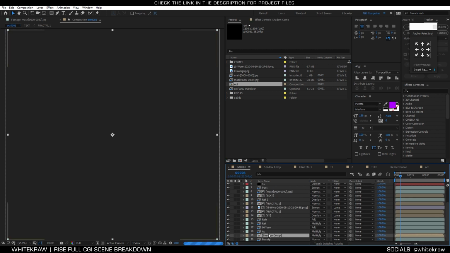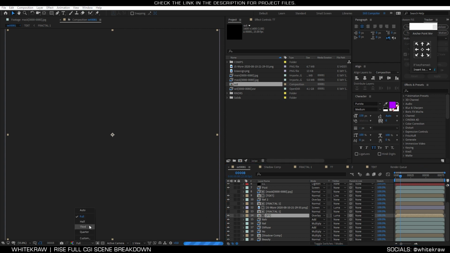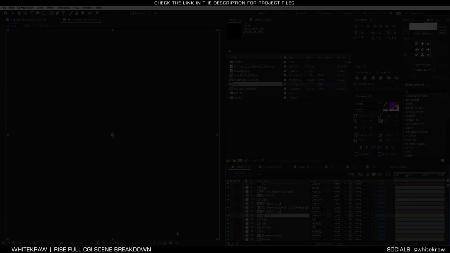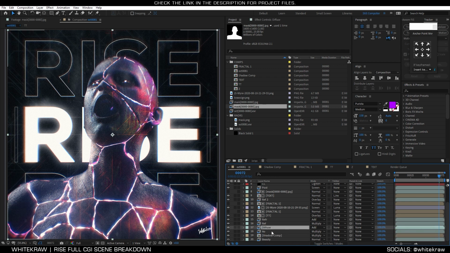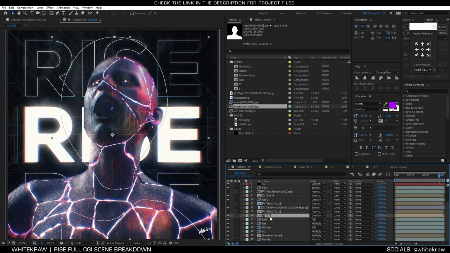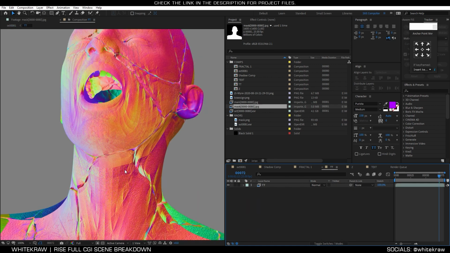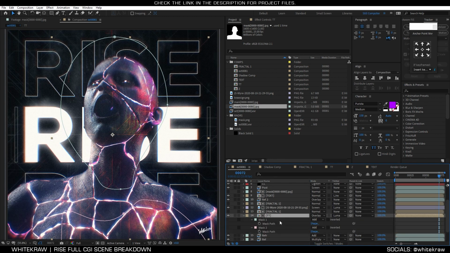This is beauty, shadows, ambient occlusion, diffuse, reflection, refractions. This is, I think, texture tangent, something like that, probably. Why is it so slow? Back in After Effects. So this is my beauty pass, this is my shadow pass, ambient occlusion, diffuse, reflection, refractions. This is texture tangent or something. Okay, this is what it looks like, and then I added a mask,